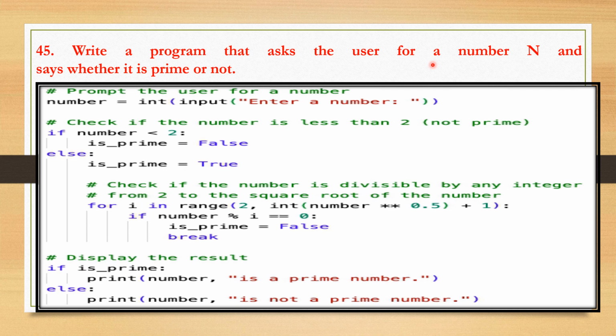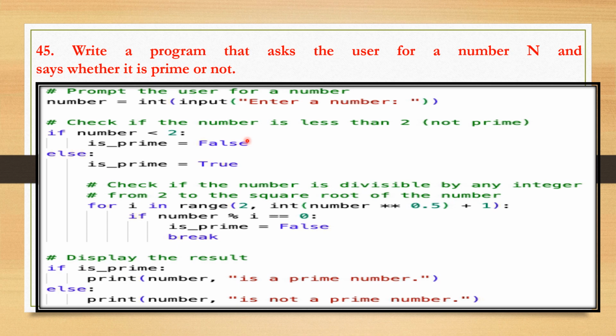The next program is to ask the user for a number n and say whether it's a prime number or not. So here we will use the input function to prompt the user to enter a number, and this int function is used to convert this input value to integer. So we initialize the variable is prime to false if the number is less than 2, as numbers less than 2 are not prime. So if the number is greater than or equal to